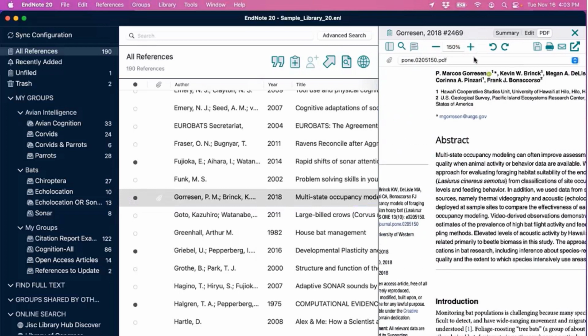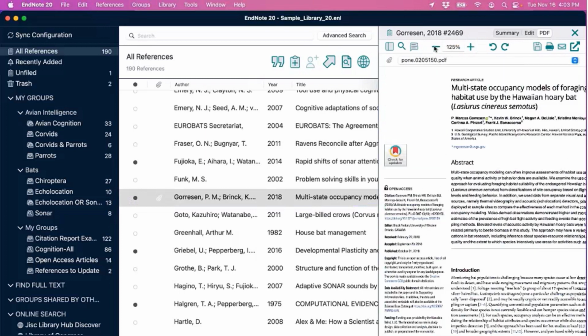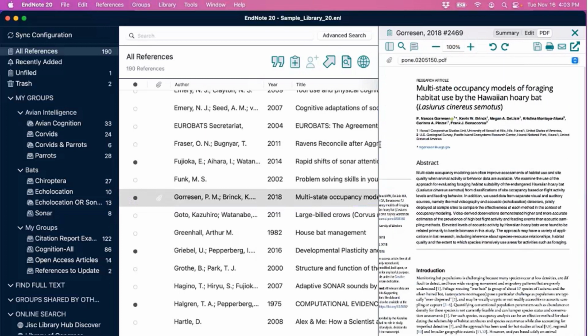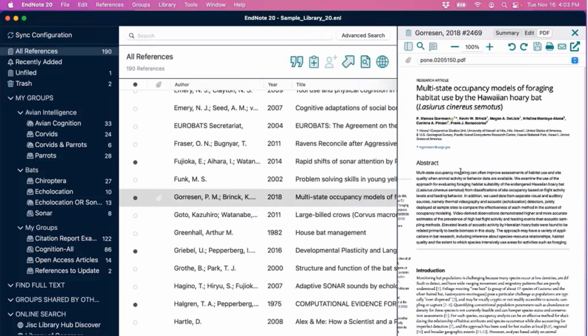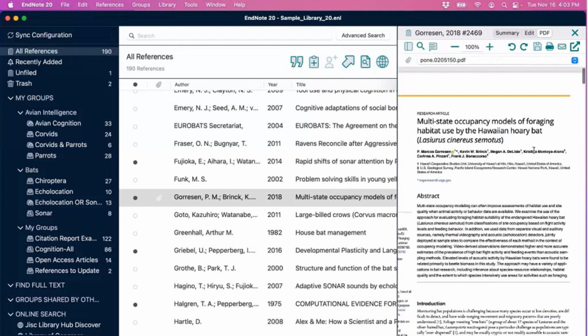But this is something we had initially removed from EndNote 20. The idea was that most users have maybe 13, 14-inch screens, and it's not really realistic to read text in this panel, but we did get some feedback from the broader EndNote community from researchers using very large monitors or televisions for their screens. And they asked, please, restore it. And so with an EndNote 20 update, we've added the preview panel back.